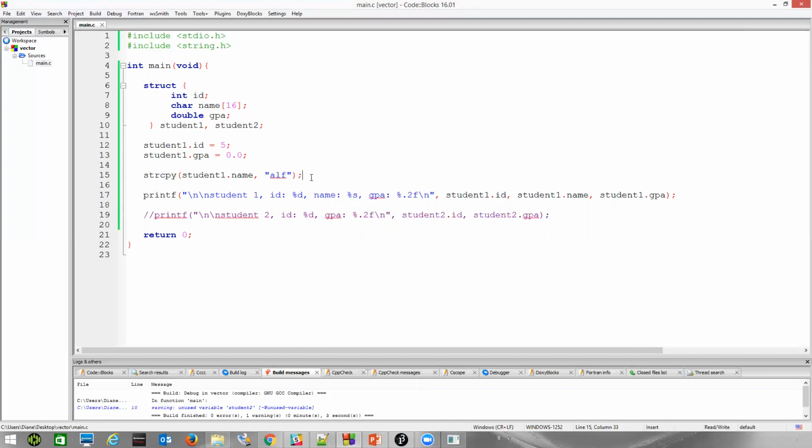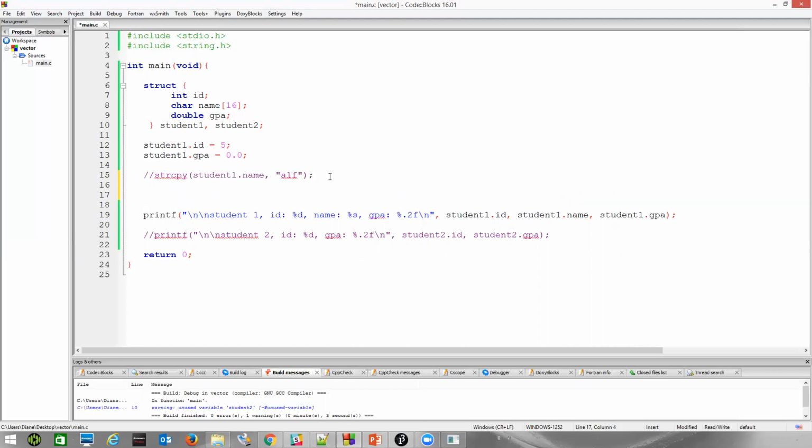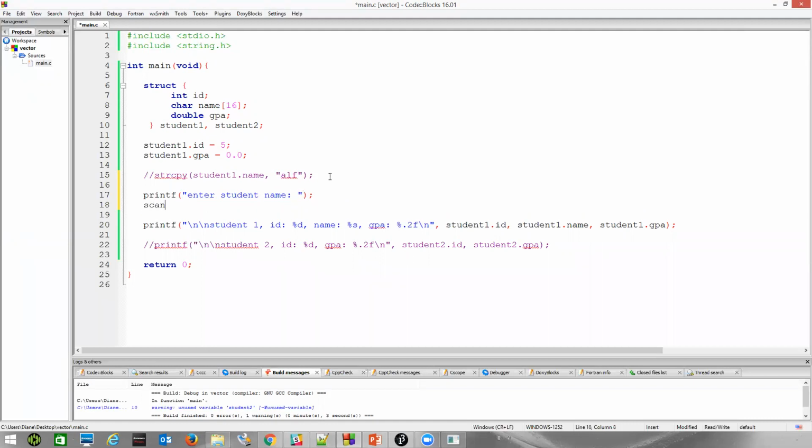The other way we could have done this, outside of string copy, is we can have the user enter the name. So enter student name. Let's prompt the user to do that. And now we can use scanf. If I use scanf, I want to read this in as a string. And if I say student1.name,